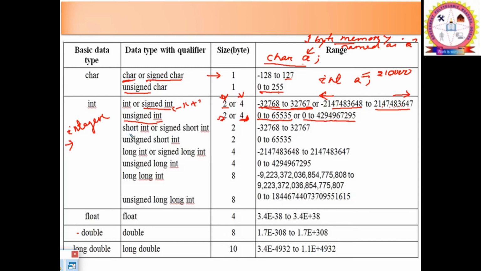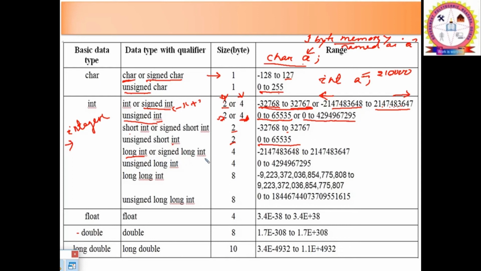If it is a short int, for both compilers its size is 2 bytes, then its range is minus 32768 to plus 32767. If it is unsigned short int, unsigned means again size is 2 bytes, range is 0 to 65535. If it is a long int